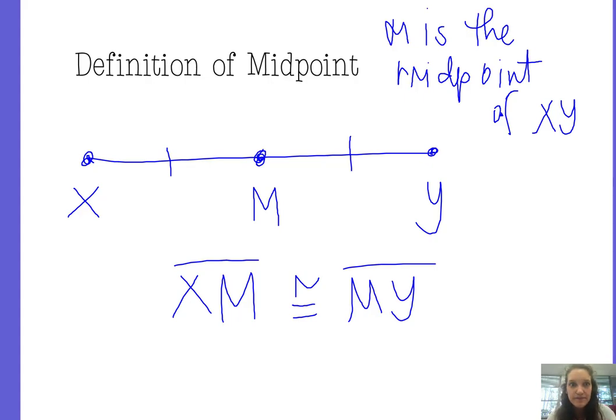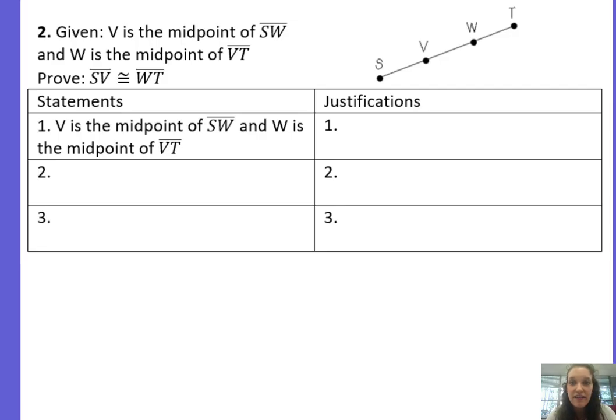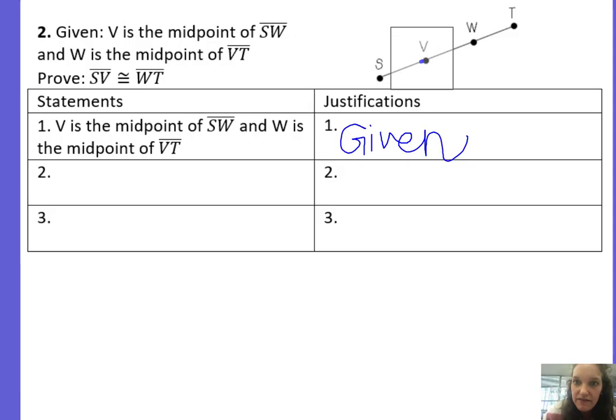Let's work an example proof. Given that V is the midpoint of segment SW, and W is the midpoint of VT, so this is our given. I'm going to take it one thing at a time. I'm going to just take something out of my given and attack it. If V is the midpoint of SW, that means that V is dividing that segment into two congruent segments. So I can say that segment SV and segment VW should be congruent to each other,